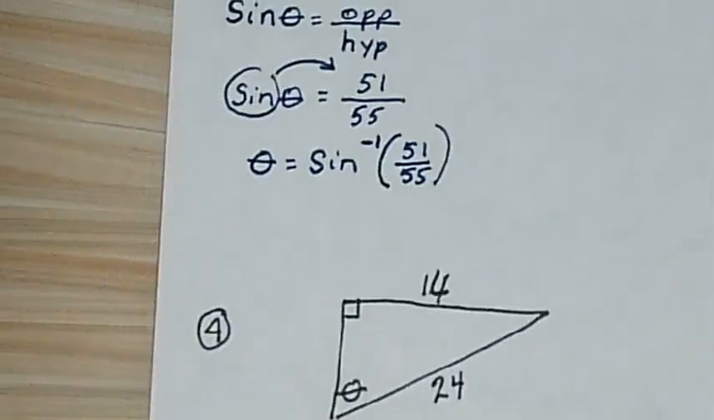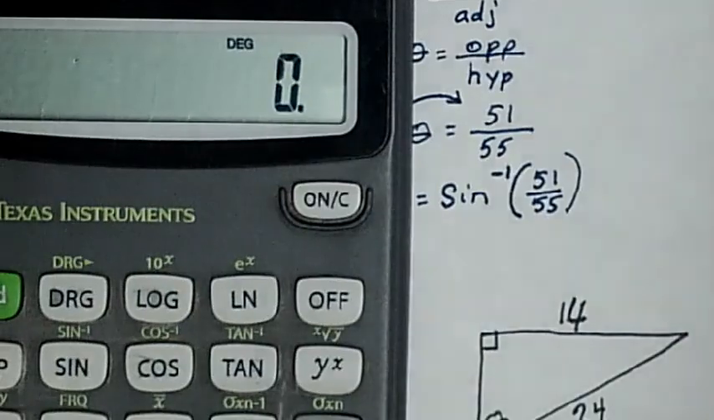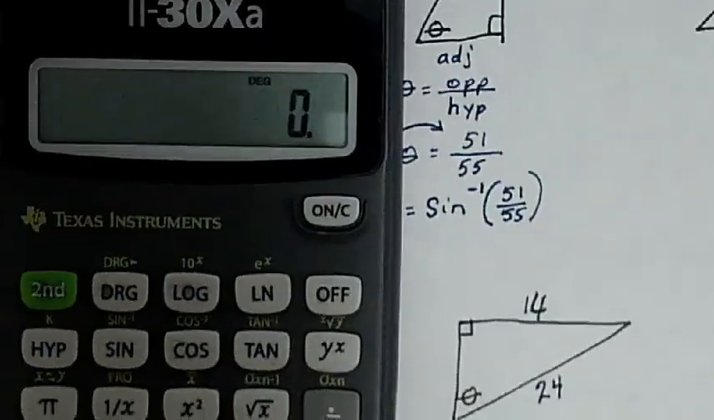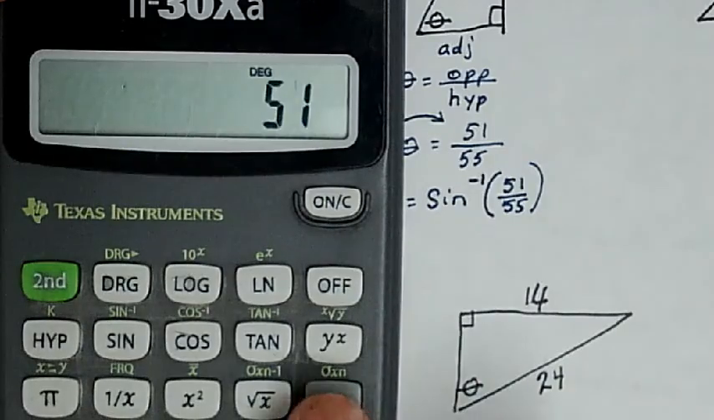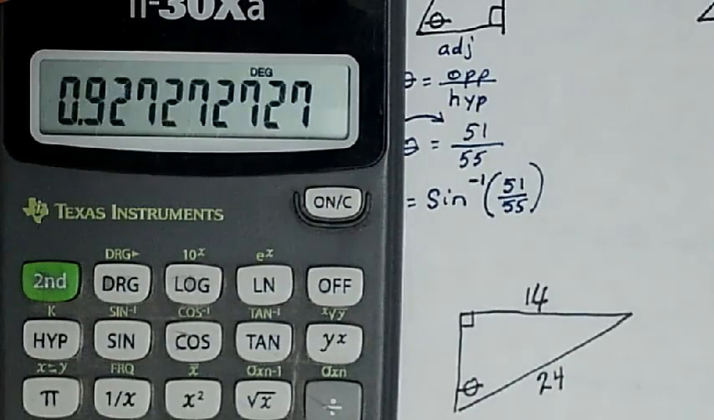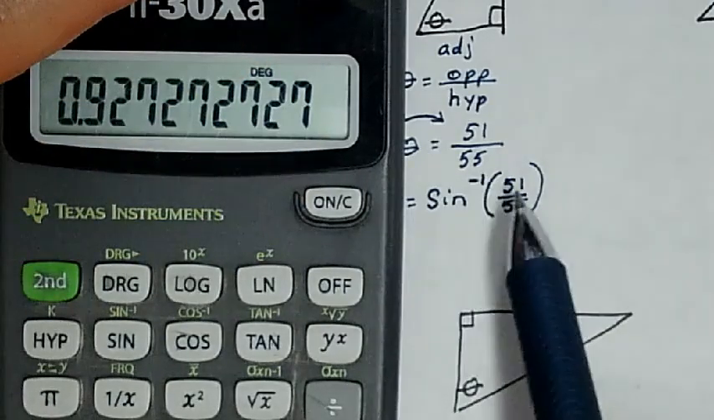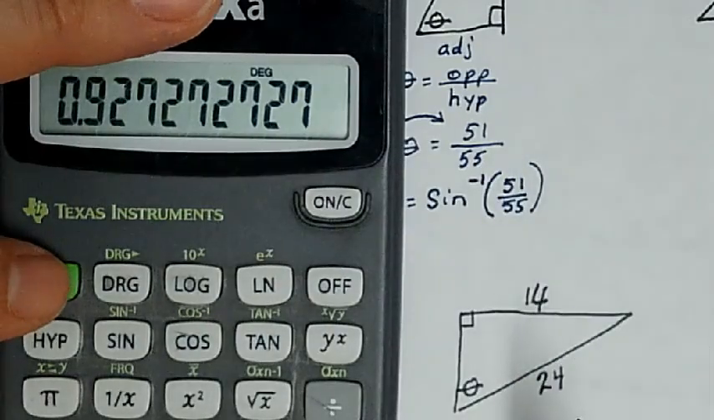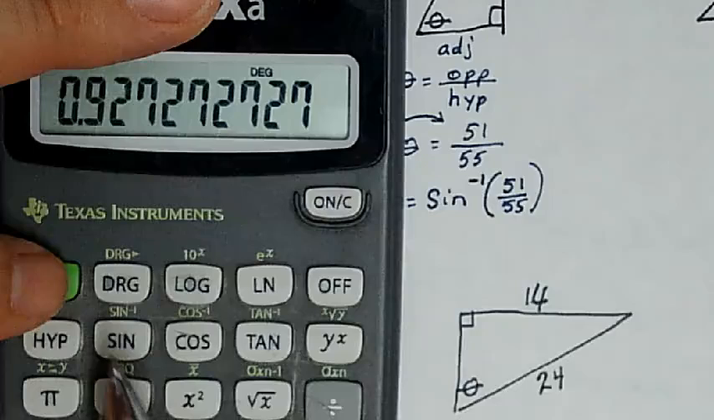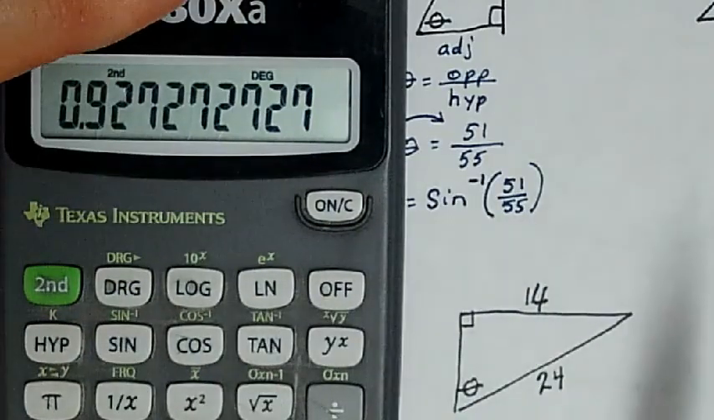So we press clear, make sure it's in degrees. And we are going to, what do you think we do first? Thank you. They said 51 divided by 55 equals. Now we don't want to take the sine but we want to take the inverse sine. So how do we access that? You have to hit second first, because that's a secondary function of the sine button. So we hit second. And which one do we hit, sine, cosine, or tangent? Sine. And that gives us